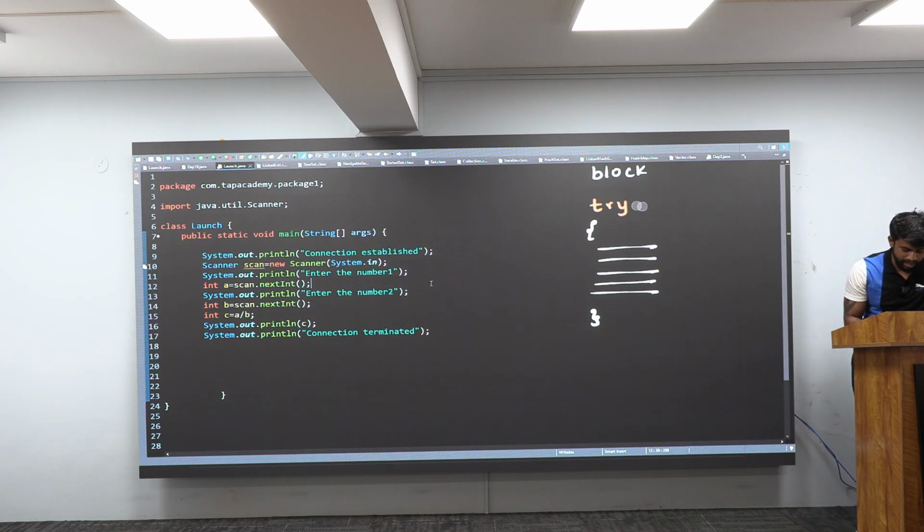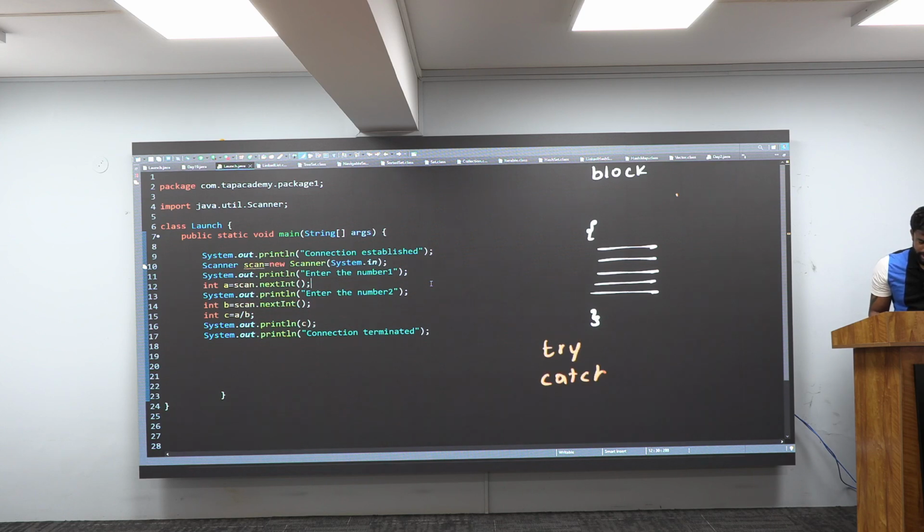You remove this try and you give catch. What kind of a block is this? This is a catch block. Like this, there is another block also, known as finally block. You write finally, it's a finally block. You remove this. Like this, there is one known as synchronized, and that is why it is known as synchronized block. All of this you forget. Now please come to two very important blocks. Who are those? Try and catch.